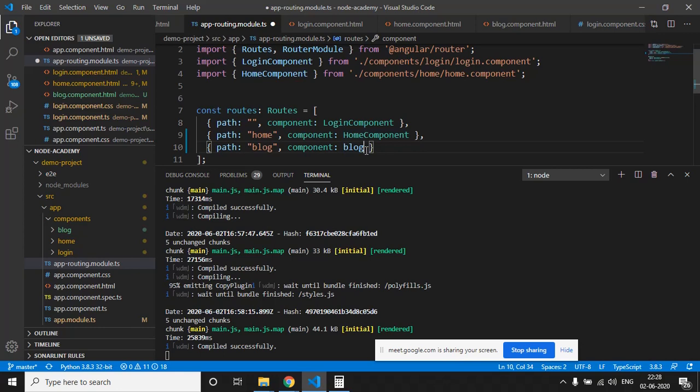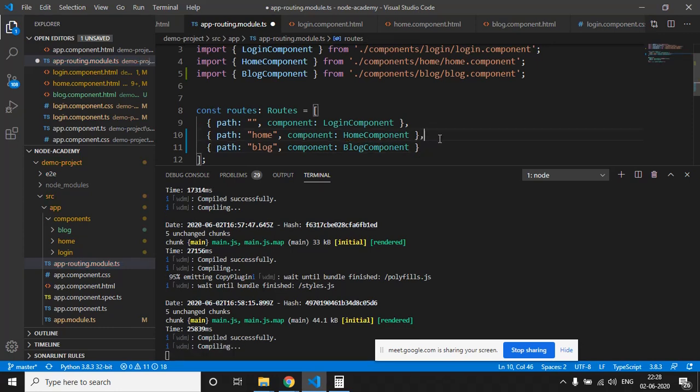Block component, so it will just auto import the block component, right? So just save it, and let's check if we got our block component on this block URL or not.